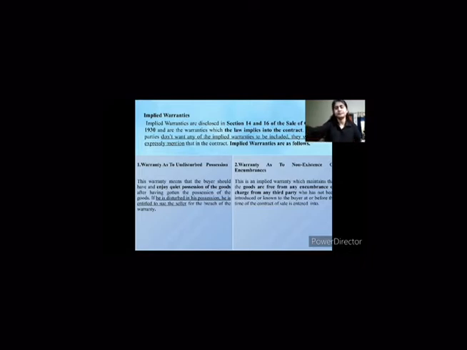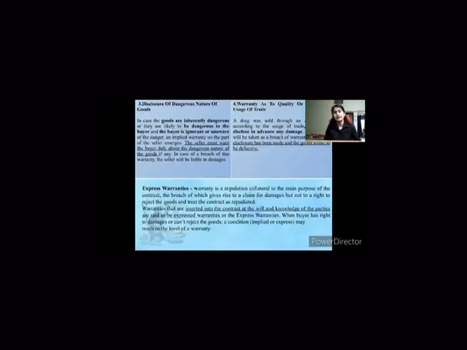के ऊपर। डिस्क्लोजर ऑफ डेंजरस नेचर ऑफ गुड्स। अगर बायर कोई सामान लेता है और अगर उस सामान का नेचर डेंजरस हो सकता है और वो अवेयर नहीं है, तो ये सेलर की रिस्पॉन्सिबिलिटी है कि वो बायर को बताए, क्योंकि अगर आगे चल के बायर को कोई भी नुकसान होता है तो द सेलर विल बी रिस्पॉन्सिबल फॉर इट।